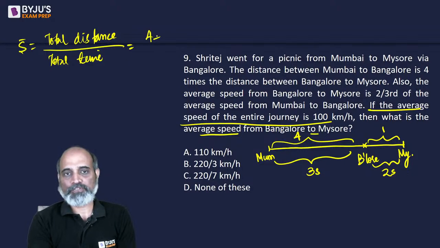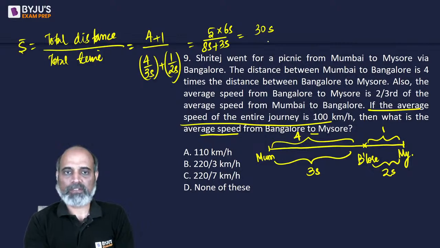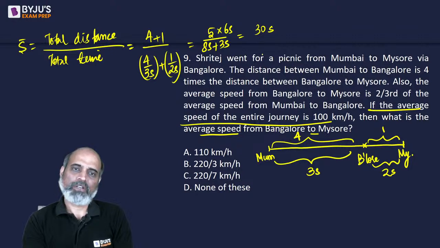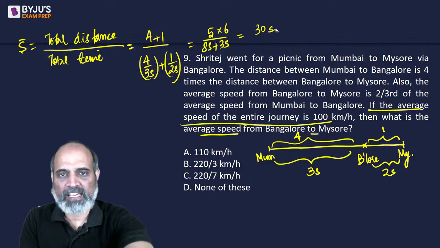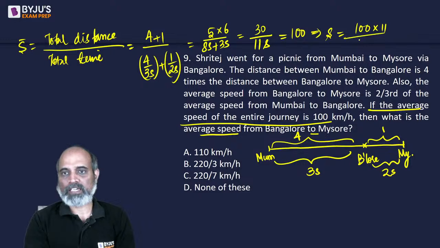Now total distance is 4 plus 1 and total time is 4 by 3s plus 1 by 2s. So this gives us 5 divided by, if we take the LCM, 8s plus 3s over 6s. Okay, there will not be an s because we have already taken a single s. So this is going to be 30 by 11s, and this is given to us as 100 km/h. So s will result in 100 into 11 by 30, which is going to be 3.3,